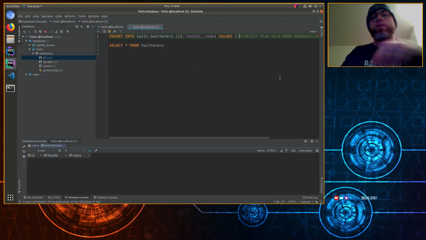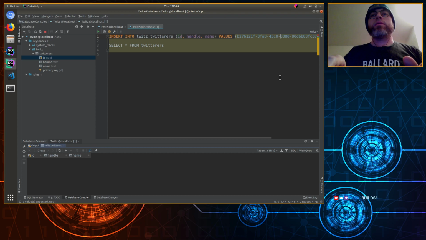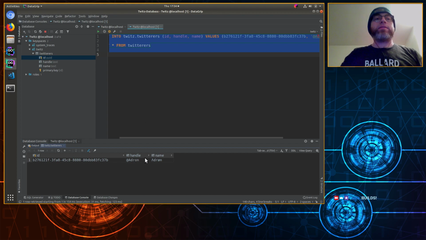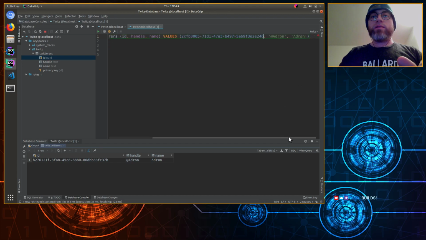So come on. Maybe it just needs to be like this. Ah, that was it. Okay. And then let's put one more in here. So we'll do that UUID, and then another good